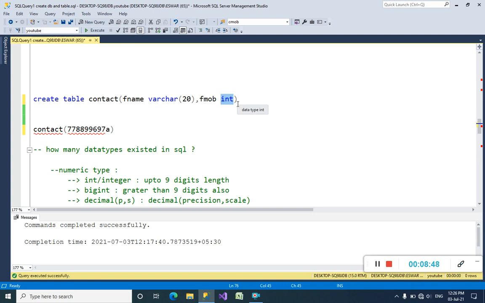So we have to use big integer to store mobile numbers. I will show you everything.